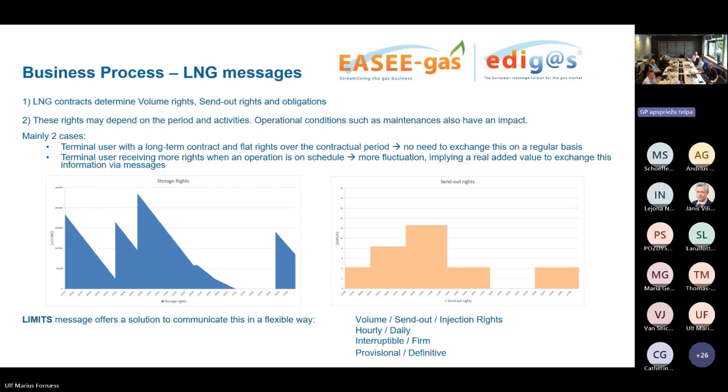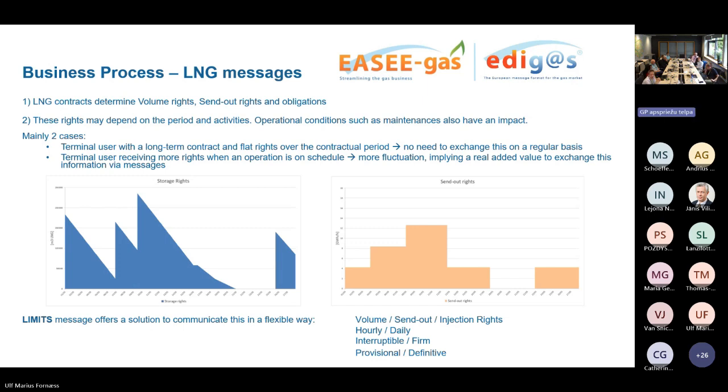We can distinguish two big cases for terminal contracts, always depending on the commercial model of the specific installation. In all the contracts you will have the volume rights, seller price, and obligation, with two types. The first one is not really interesting for us. It's when the terminal user has a long-term contract and flat rights over the contractual period, so the rights do